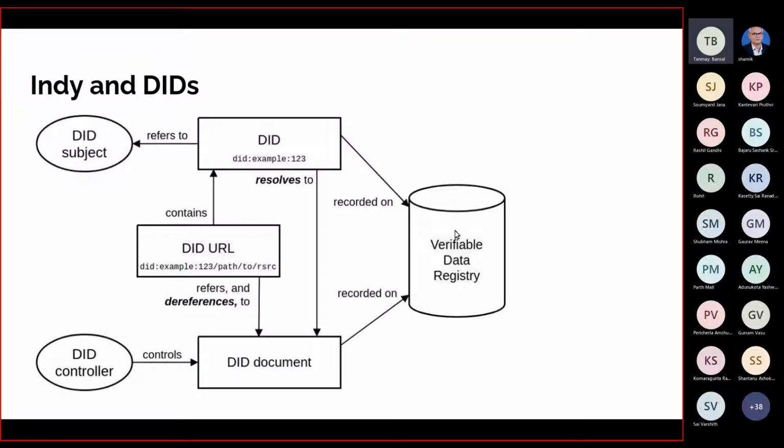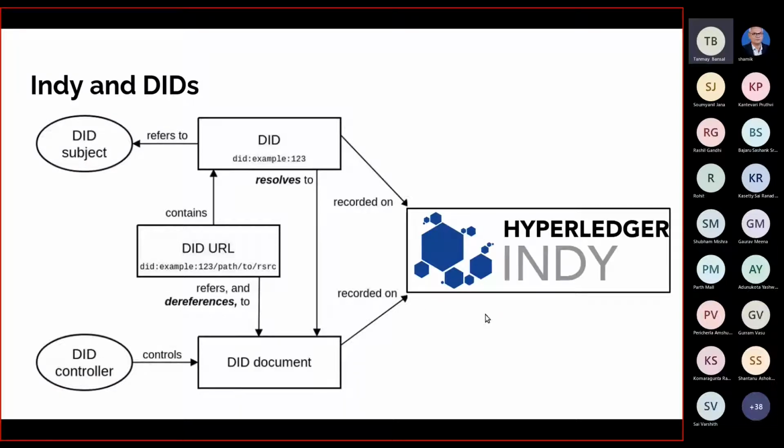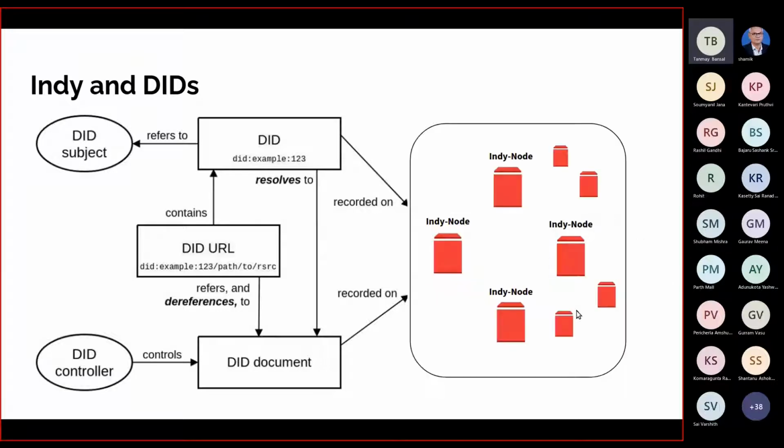So this tries to decentralize the verifiable data registry component in this identity architecture. So now deeds and deed documents: the deeds will be resolved to deed documents. The corresponding deed documents will both be stored on the Hyperledger Indy ledger. Now users who are trying to store deeds and resolve deeds can use this blockchain network instead of a single centralized entity to store the deeds and also query them.